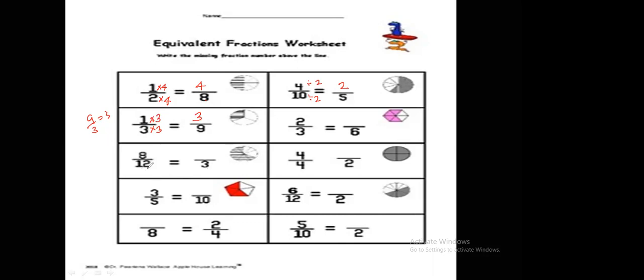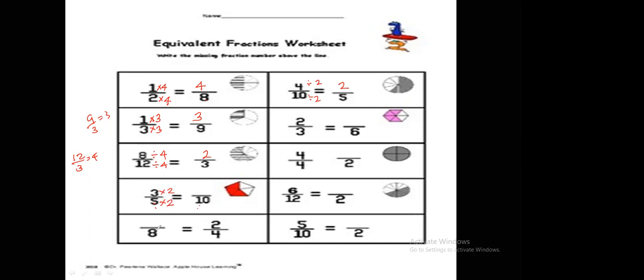Now you can see this is 3. This is 12. Then we have to divide this 12 by 3 and see from which number we have to divide this 12. 12 divided by 3, that is 4. If you divide this 12 by 4, you could obtain 3 here. Right? If you divide this 12 by 4, definitely you have to divide this 8 also by 4. 8 divided by 4, 2. 2 over 3. Now look at this one. Here 5, here 10. To obtain 10 here, definitely you have to multiply this 5 by 2. 2 times 5, 10. 3 times 2, 6.